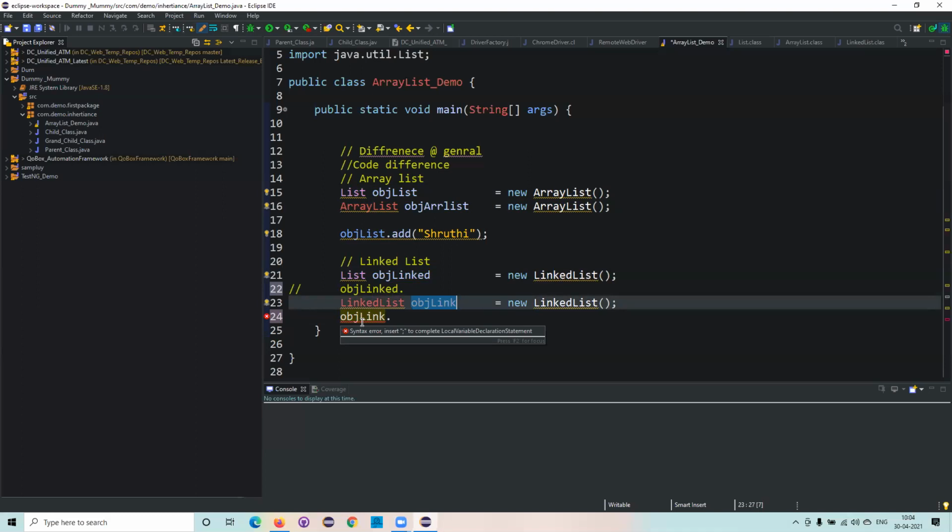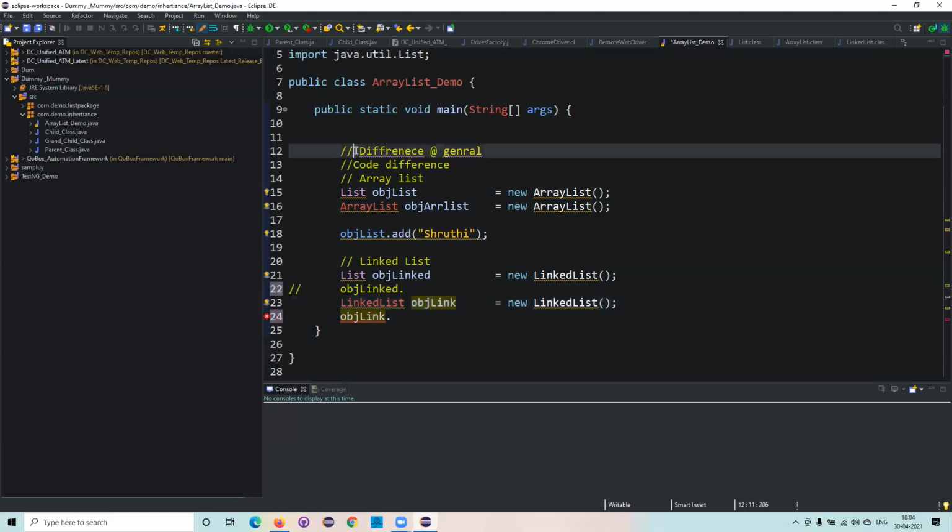Yeah, got it. That one is really cleared up for me. My doubt is about line number 15 and line number 21: we have the same implementation, so we have only the same methods from the List, whichever it is having. But why do we go for implementing through the ArrayList or through the new LinkedList, because we are getting the same methods? I'll let you know in the general differences, you'll get that. Yeah, sure, definitely. That is what we need. I told you, right? Which one is easier?